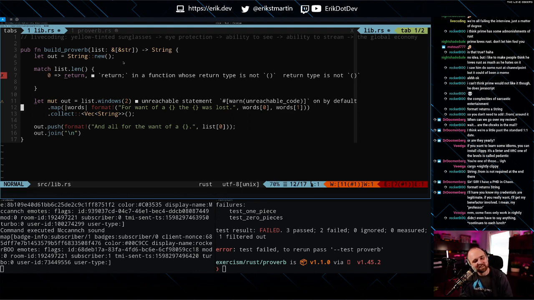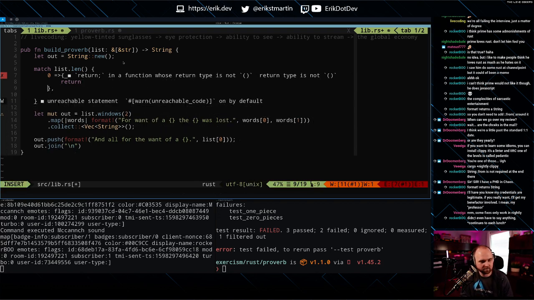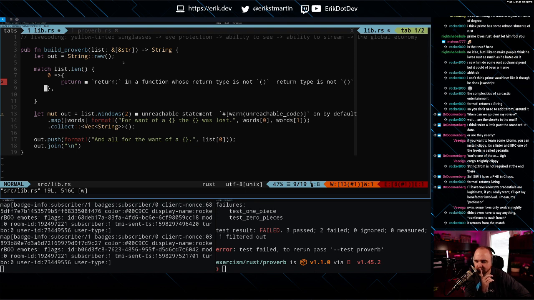So can we just return in a match arm? Is that valid? Return in a function whose return type is not. It returns from the match. Okay, so